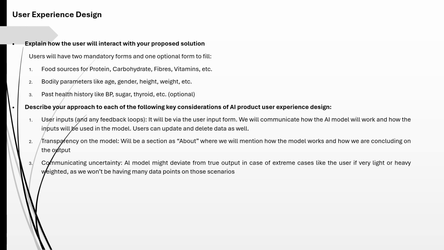And our approach for the AI product user experience design will be user input via the user input form. We will communicate how the AI model will work and how the input will be used for transparency. And we will also have one about section where we will briefly discuss the AI model working